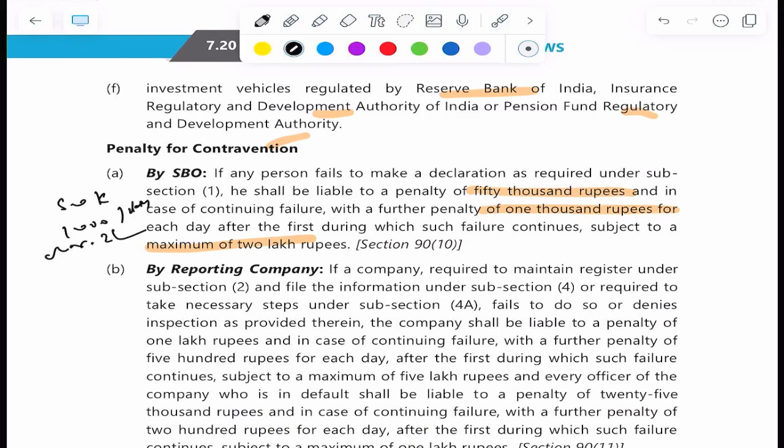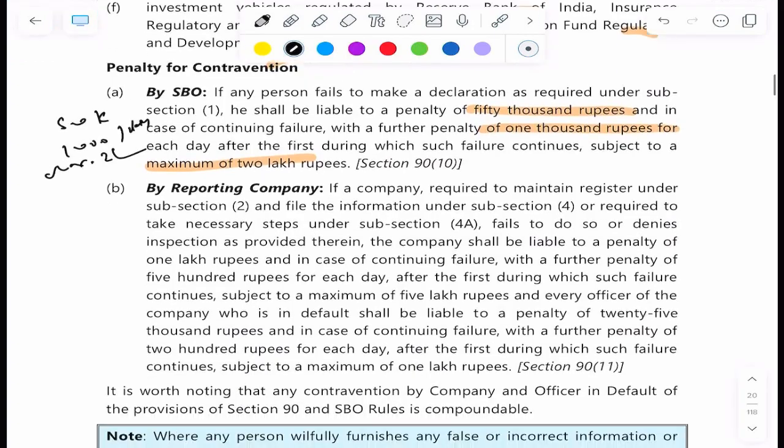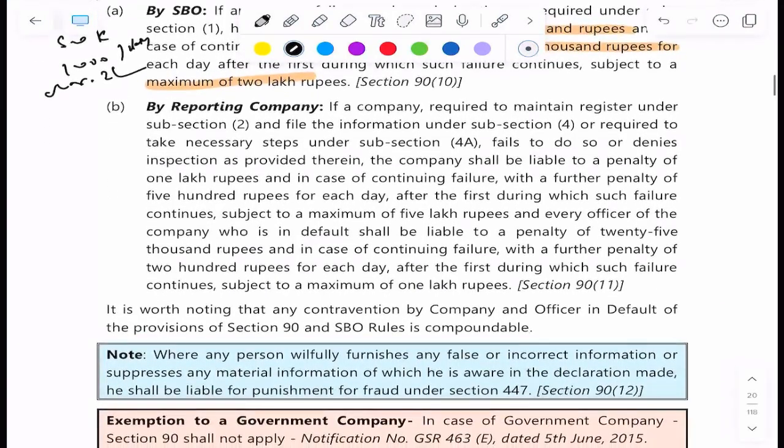Section 90(10). By reporting company: if a company required to maintain a register under subsection 2 and to file the information under subsection 4, or required to take necessary steps under subsection 4A, fails to do so or denies inspection as provided therein, the company shall be liable to a penalty of 1 lakh rupees, and in case of continuing failure, with a further penalty of 500 rupees for each day after the first during which such failure continues,